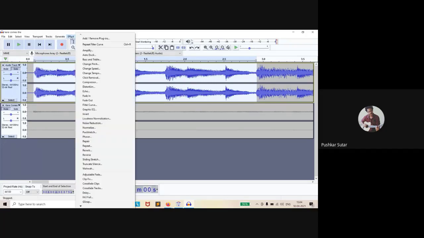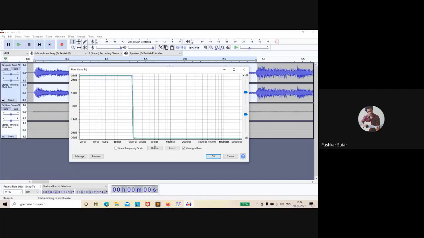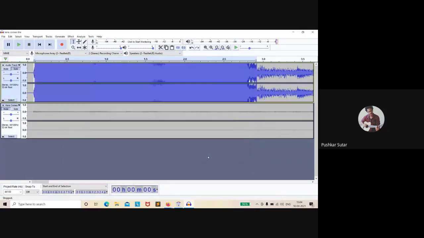Now let us look at the high pass filter for a moment. Let's just be very quick at this point, because you have got the hang of what this means. Now let's say I am boosting after let's say 1000 hertz. Now this is a high pass filter. Are you okay with the fact that this is a high pass filter? Can you raise your hands if you know why this is a high pass filter? Okay, fine, very good. Now I'll just okay this one out.